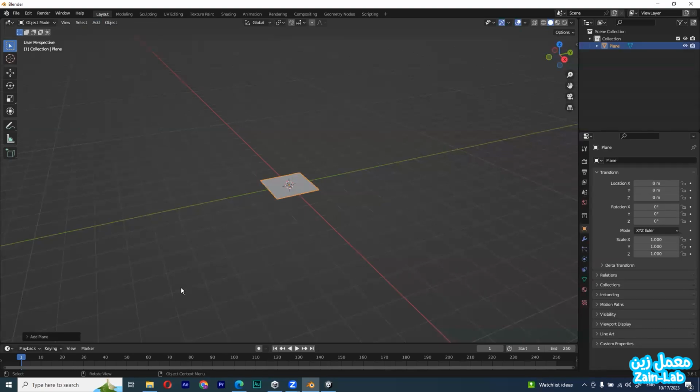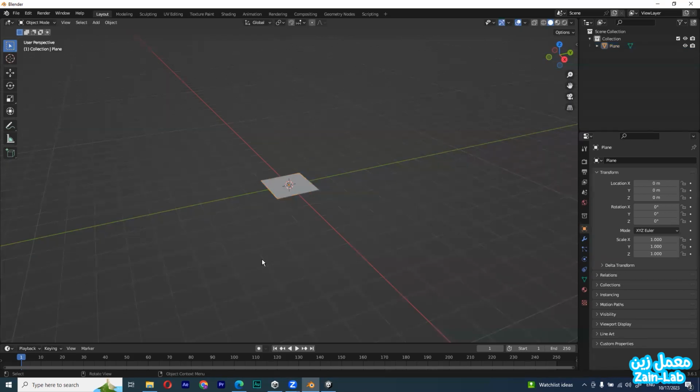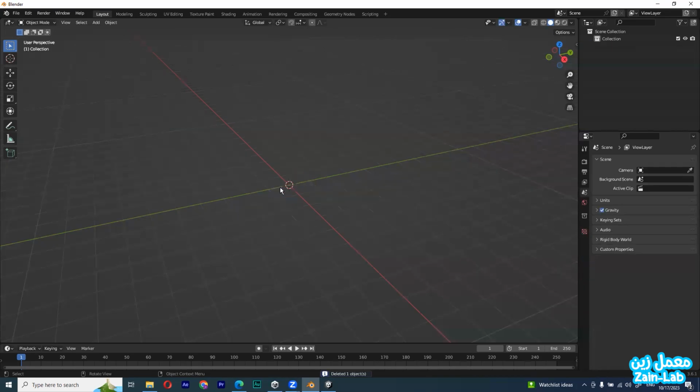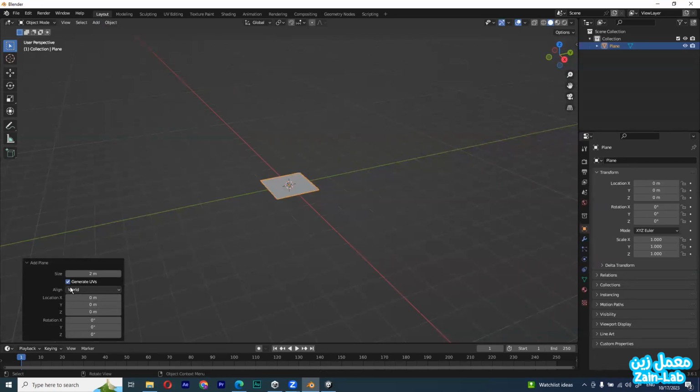Okay, everyone. If you can see here, this data or these details, I will change this for the first time. If I click here, it will disappear, and at the same time I couldn't change anything now. So if I want to do this, I will go for the plane, and it will appear for the first time. And here I will write, for example,